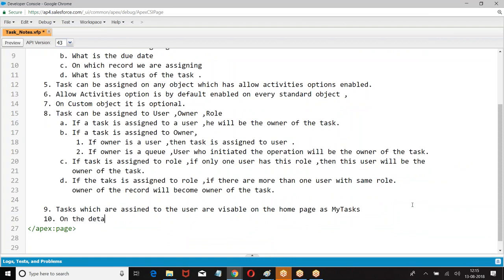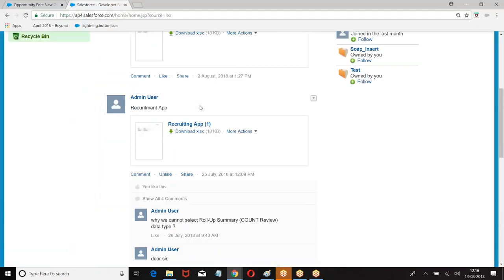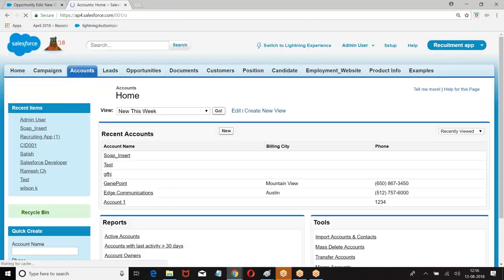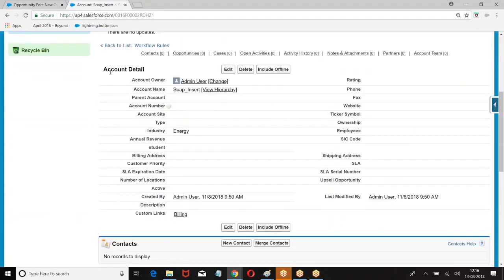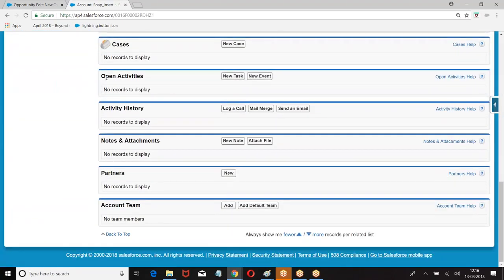On the detail page of the record, you can find the task under open activities. If you open any one of the detail pages, what are you finding here?